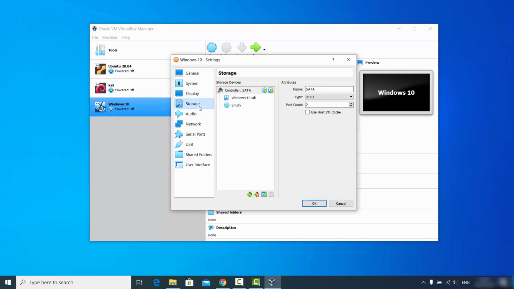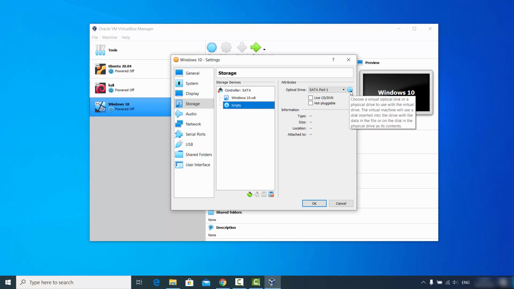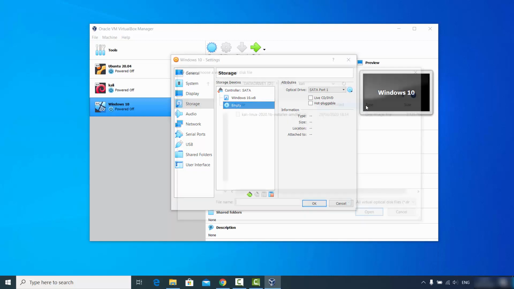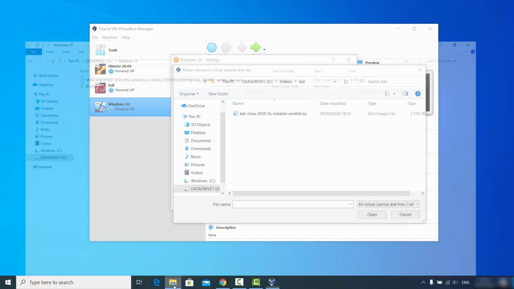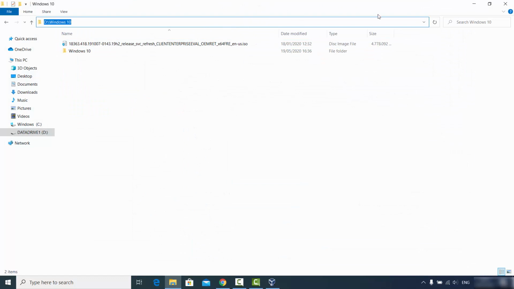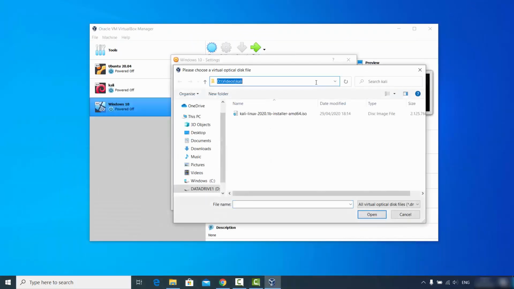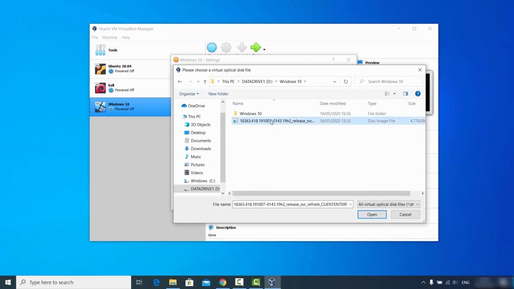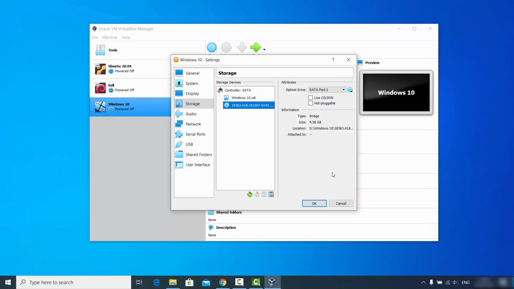In the storage, what you need to do is click on the empty option here, and then click on the CD option. So just click on this CD option and then click on choose a disk file. Okay, so click on choose a disk file and then choose the location where you have downloaded your Windows 10. So I'm going to just copy the location where I have downloaded this Windows 10 ISO file, and then select this ISO file which you have downloaded from the Microsoft official website, or you have bought this ISO file from some valid